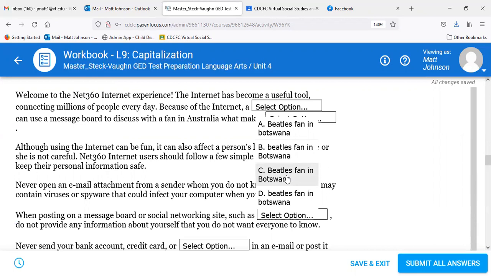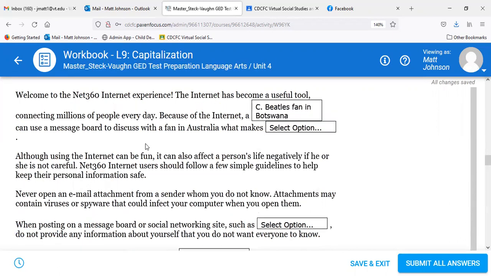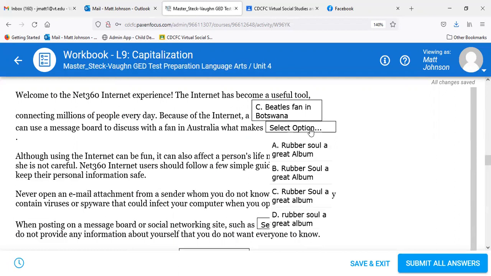Beatles fan in Botswana. So Beatles being a group, a band, which they didn't really mention that earlier, but of course band names are sort of like a creative work. They're going to be capitalized. And then Botswana being an actual location is going to be capitalized. So Beatles fans in Botswana can use a message board to discuss with a fan in Australia what makes